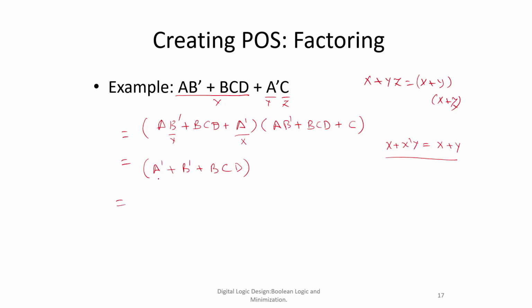So here a'b' plus bcd. Again I can use this elimination theorem and I can call it a' plus now b' plus bcd. So again I have to call it b' plus cd, correct? Why did it happen? Because now I consider this as x and this part as y. So this becomes x and x plus y. So this becomes this. Okay.